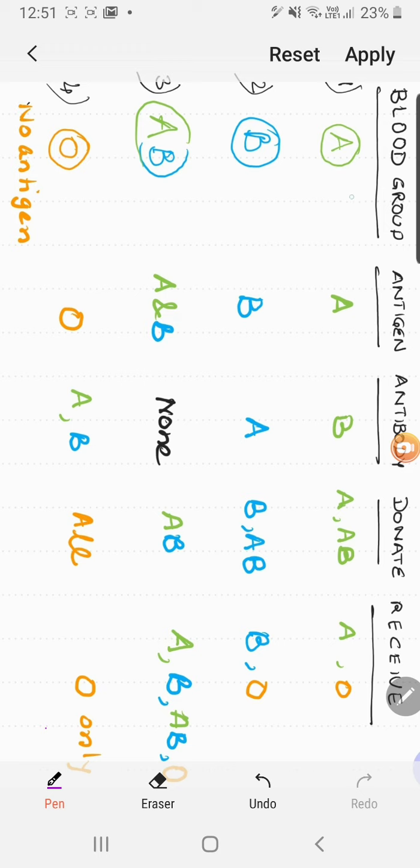Blood group on the left side, the blood groups are there. Then you see the antigen present on the RBC. Then which blood groups would be reacting? What are those blood groups to which we will show reaction, right? Whom we can donate to and from whom we can receive. This is a chart to understand, right? Let us talk one by one.